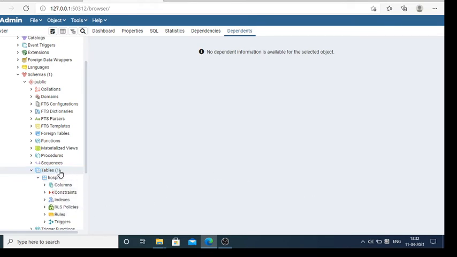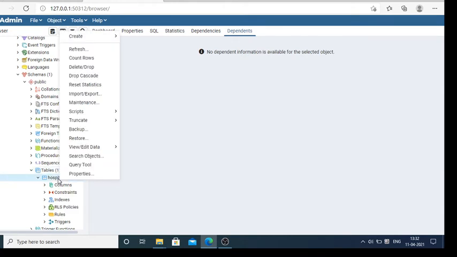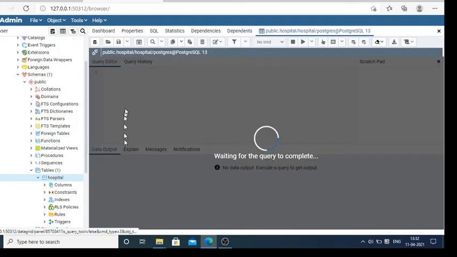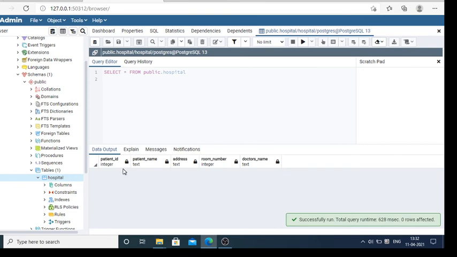Okay, now see that table, it's allocated 1, means you are having a hospital table. Now if you want to see the records, we have created the table but we have not added records, but we are going to see this view and then all rows. See, this is an empty table, so you can see its columns and data types, right? So patient ID and its data type integer.